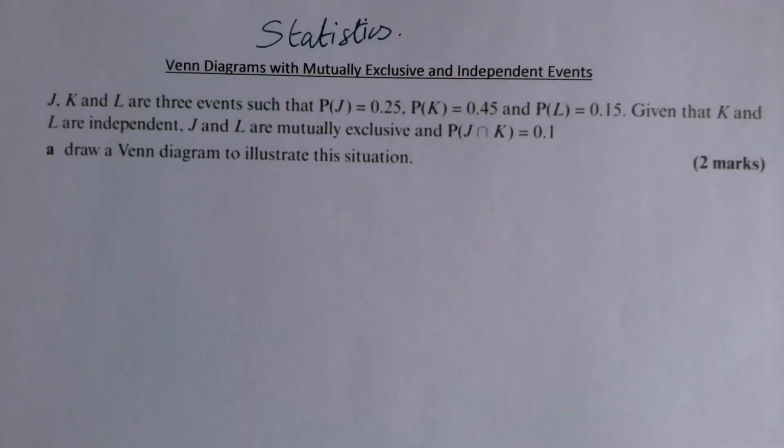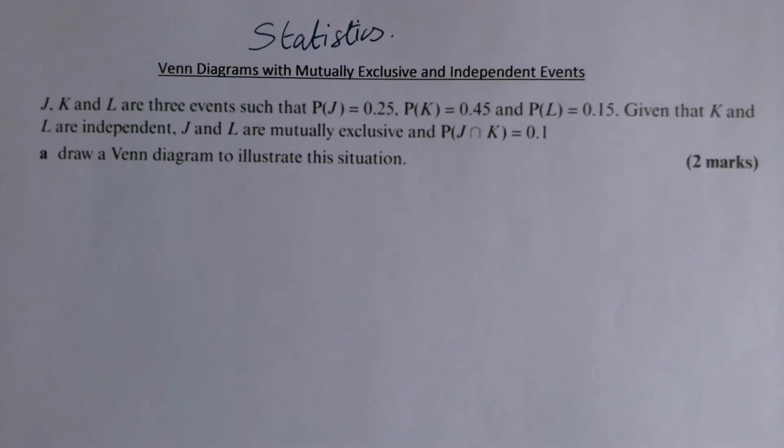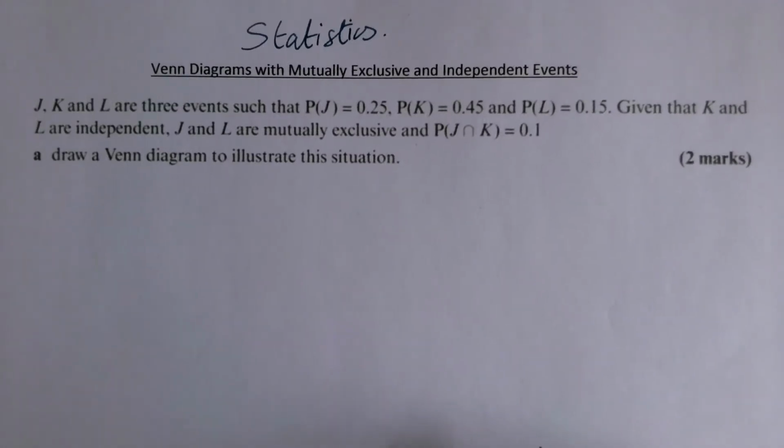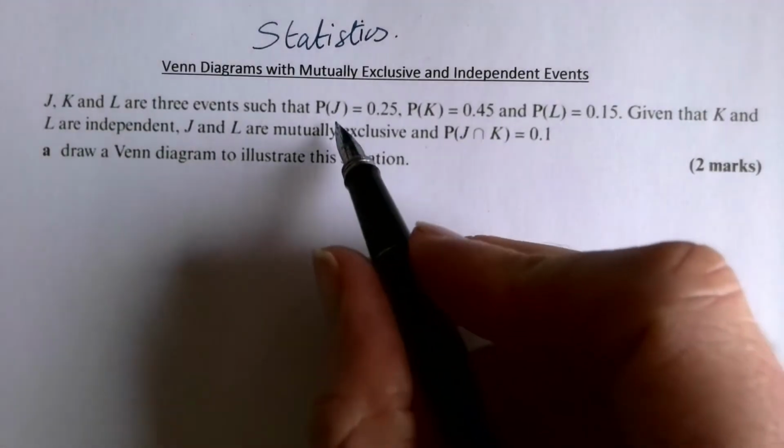So this is a statistics lesson for the week now. So we are looking at, as it says there, Venn diagrams, including mutually exclusive and independent events. It can be a little bit tricky, but you just have to sort of think it through, and then they're not so bad. So we've got three probabilities that we're given,